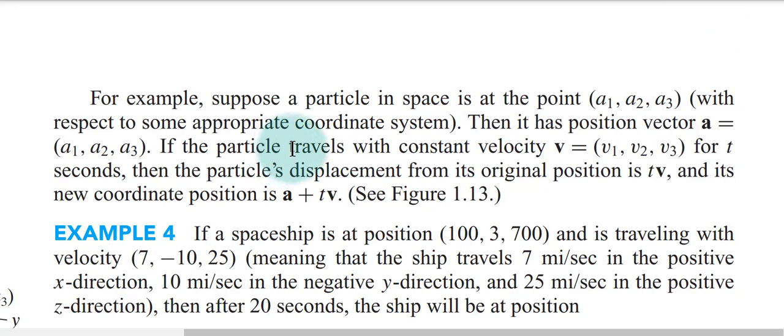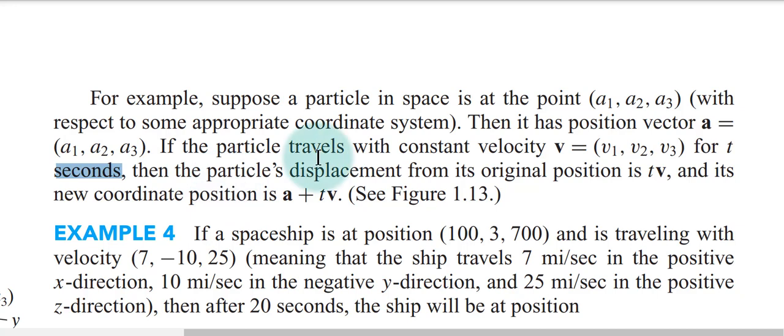And then they say, if the particle moves or travels with constant velocity. So what does that mean? That means there is a velocity, but it's not changing. It's the same velocity. So it's like moving at 10 kilometers per second or 10 miles an hour or something, but it's constant. It's not changing its speed. So if it moves at a constant velocity, and suppose it moves for t seconds, then we would ask,